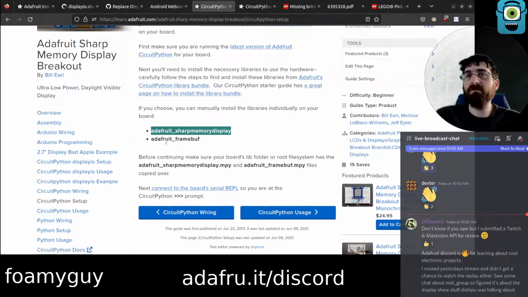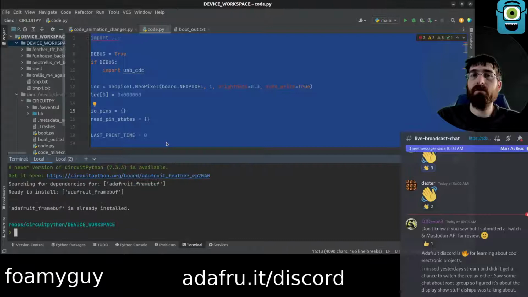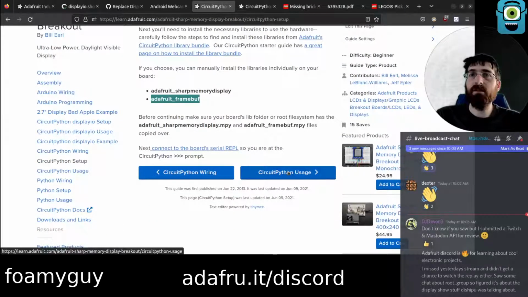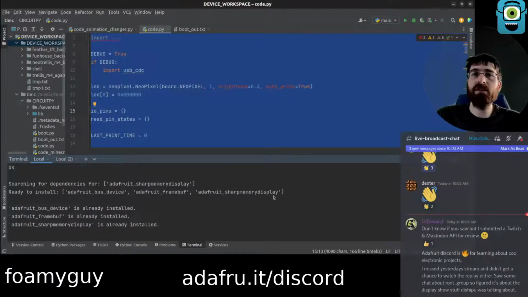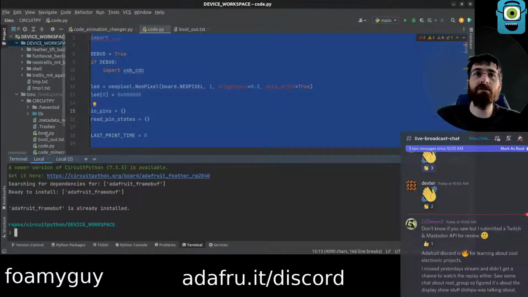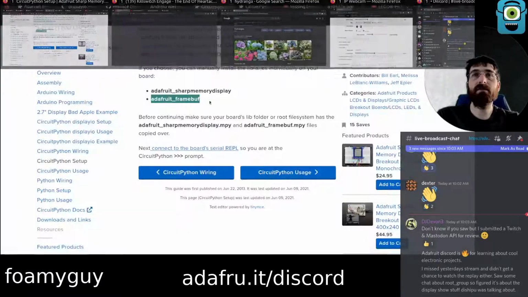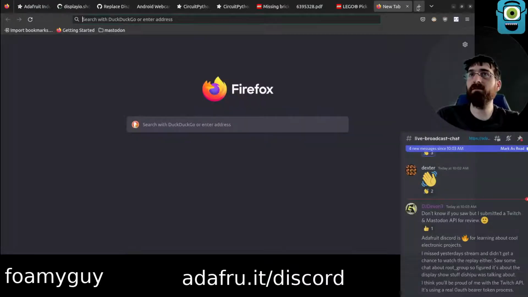FrameBuff. Already installed. Okay, we must have probably used this device before, but in fact, do we want to update? You can't just update individual ones, though, can you? We have a very old version. I guess ultimately we're going to be building. We might as well. We should probably go ahead and update, though, right? I think we should probably go ahead and update.